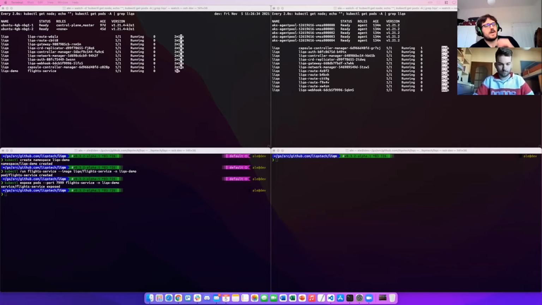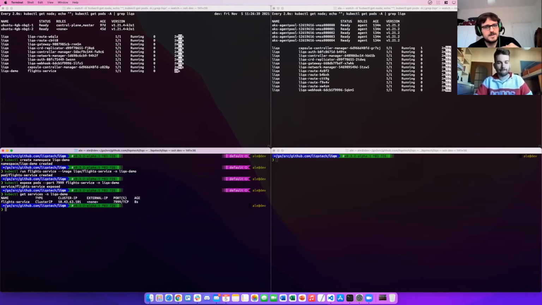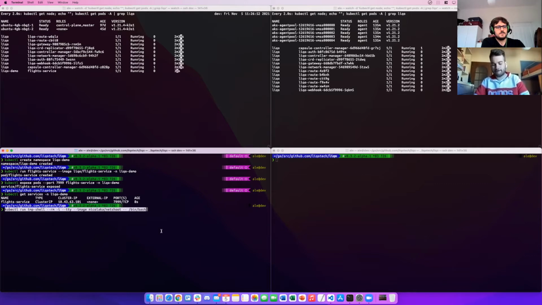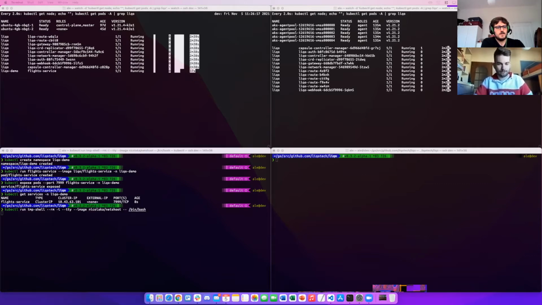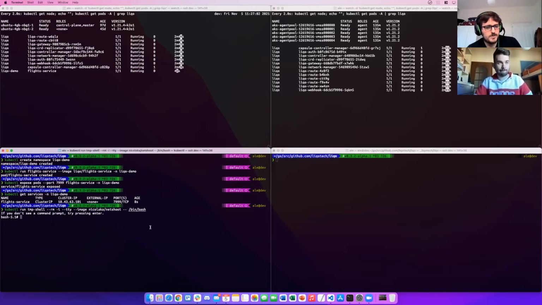We could have the same if this pod is put inside a deployment and so on, but this is just to be quick and effective. So we have a service which is now created. And we can, for example, spawn a new pod to consume it and see what it returns. We use an image with bin bash inside, and we will use curl to contact it.